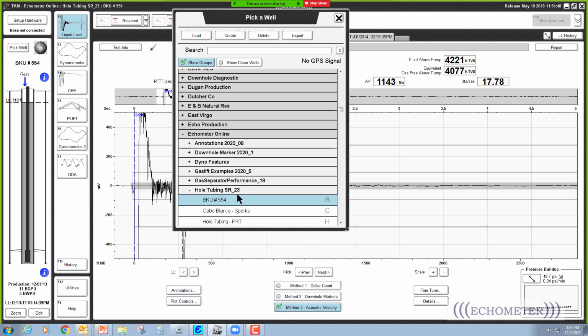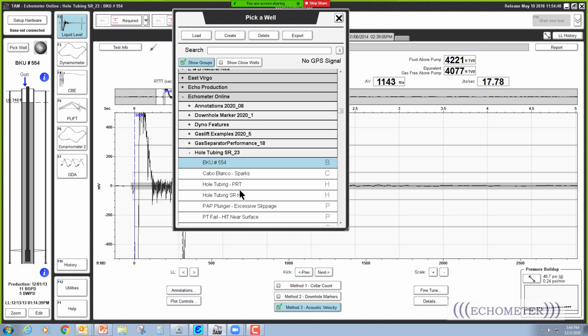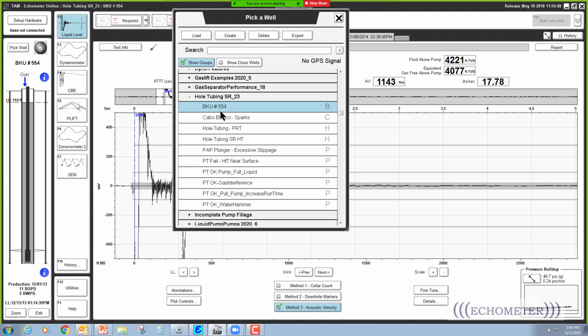And this is Ask Echometer session number 23. And there are 1, 2, 3, 4, 5 examples on shooting fluid levels down tubing, and 5 examples on pressure testing. And so one of the questions that we had related to this well right here